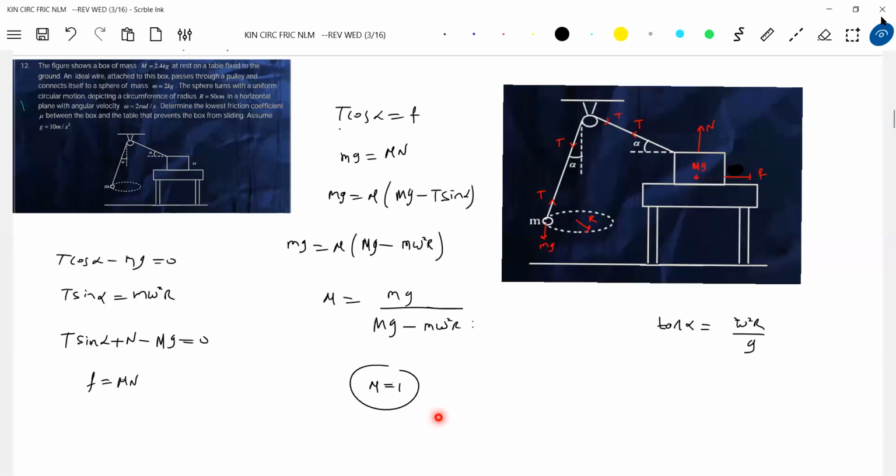Intentionally mu was brought in. For most of the objects around us, mu will be less than 1. But in a situation like this, mu should be greater than or equal to 1. So definitely I should take care about this particular thing. That's what the question is about. The question is not to test any of our basics. Practically, a situation may